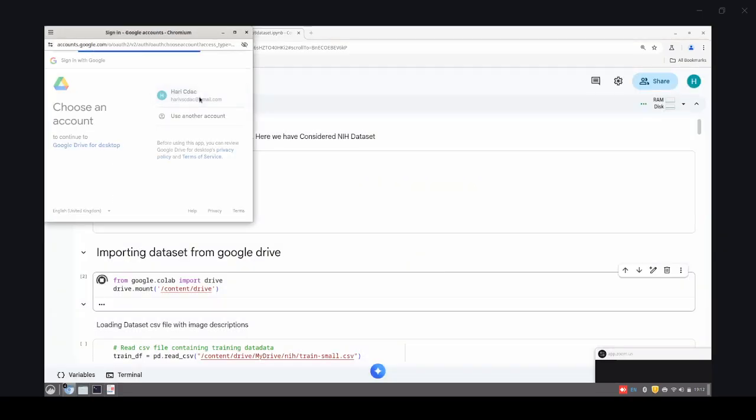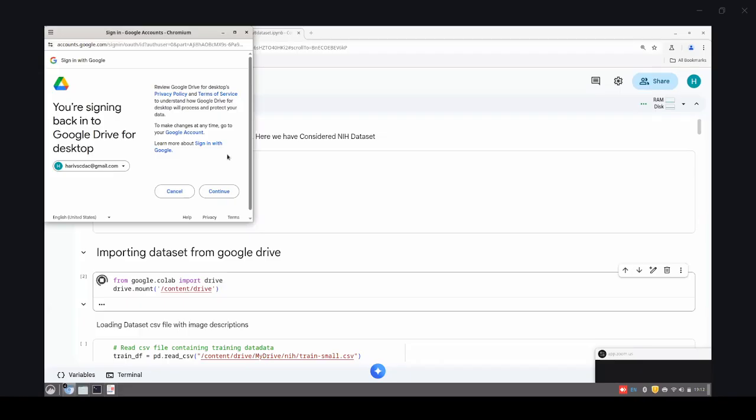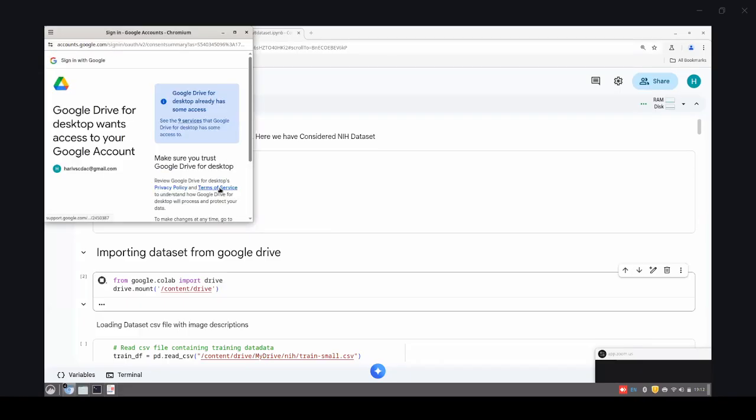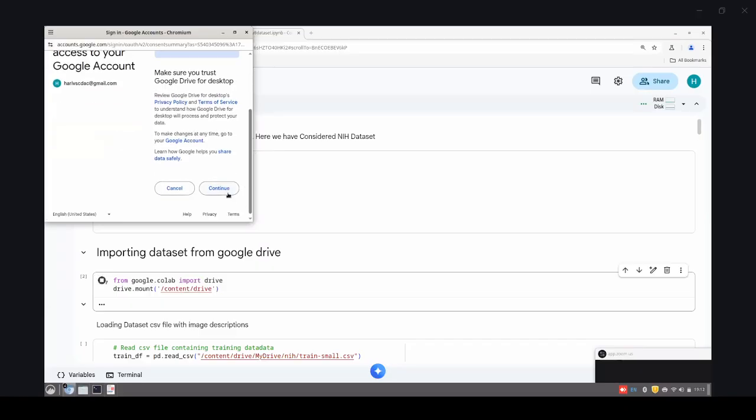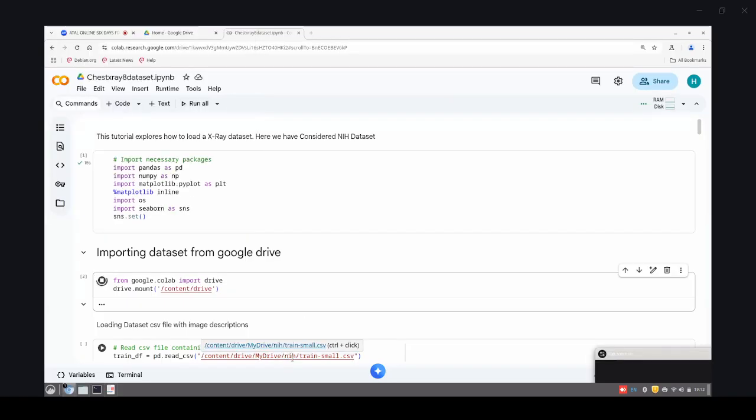And I have a folder NIH in my Google Drive in which all the X-ray images are present,